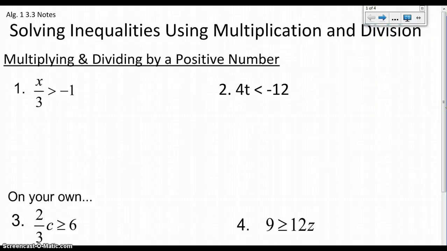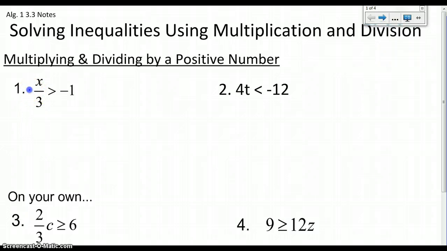Today we are going to be solving inequalities using multiplication and division. For the first several, we are going to be multiplying and dividing by a positive number. Now it's going to look a little different when we do negative numbers, but we'll get to that in just a second. The first thing on number 1 we need to do is get x by itself,